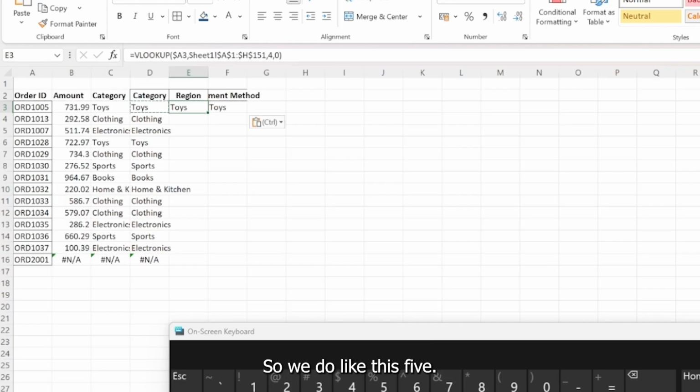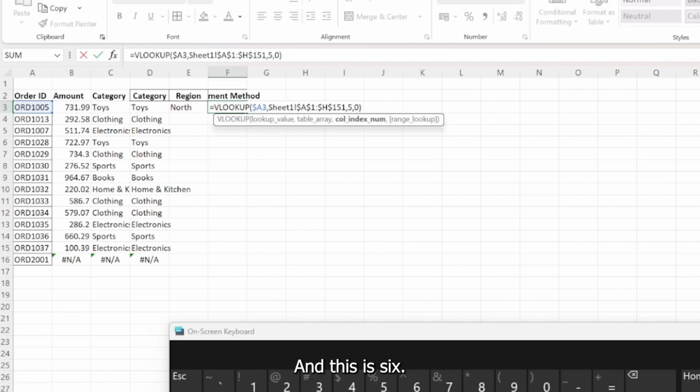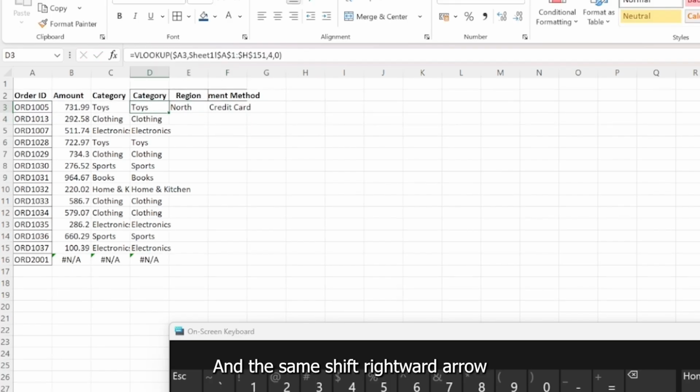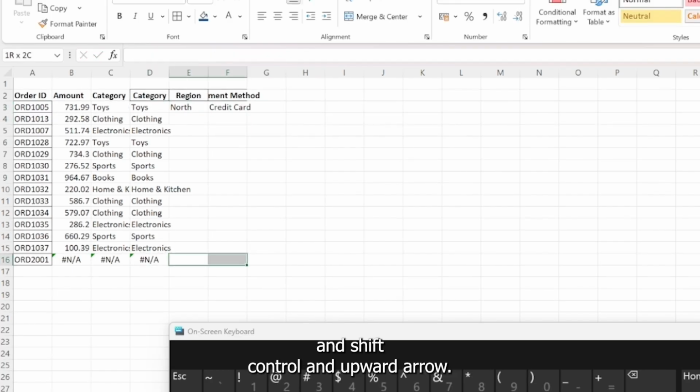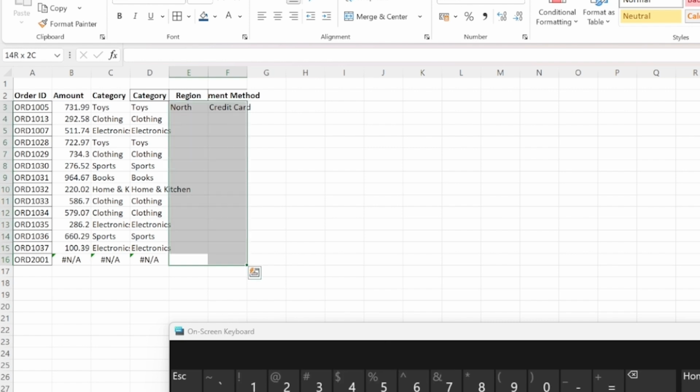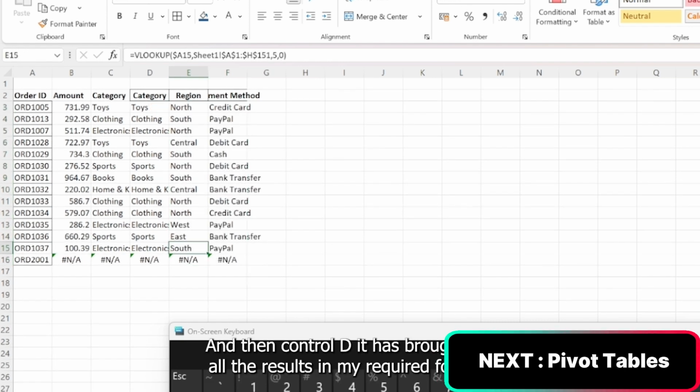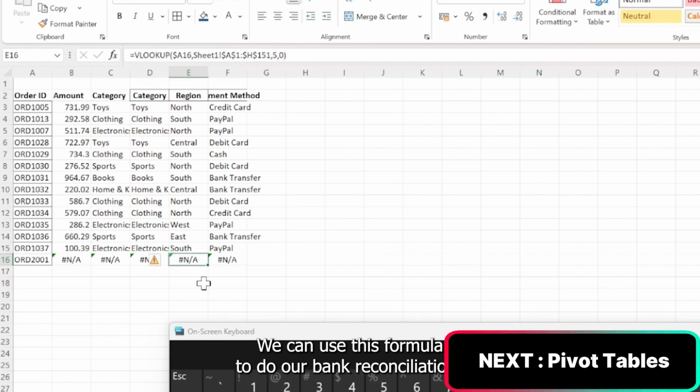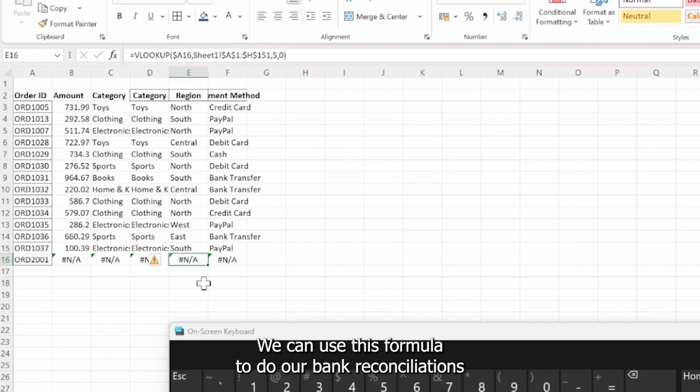So we do like this, 5 and this is 6, and the same Shift rightward arrow and Shift Control and upward arrow and then Control D. It has brought me all the results in my required format. We can use this formula to do our bank reconciliations, and for the preparation of our reports for our requirements.